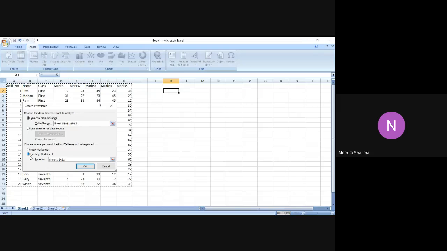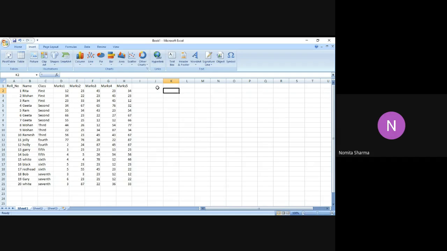Further, it says location. Now it will ask me where I want to locate my pivot table. Technically, it should not be in the same range where we have already made the master table. It has to be in some other cell, so that you can actually differentiate and see what data you're getting, and how you are summarizing your data. So I just place my cell in J1, and if you see, the location has fetched that column. So that column will come, and I place my cell over there, and I just say okay.